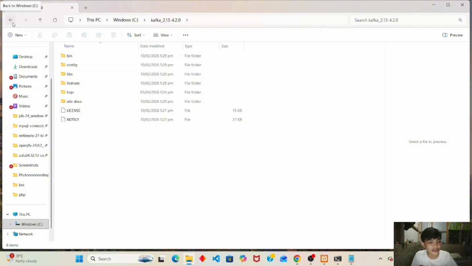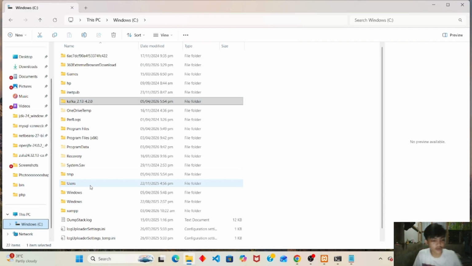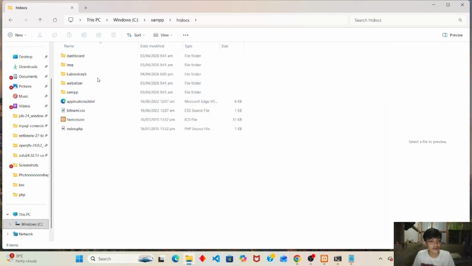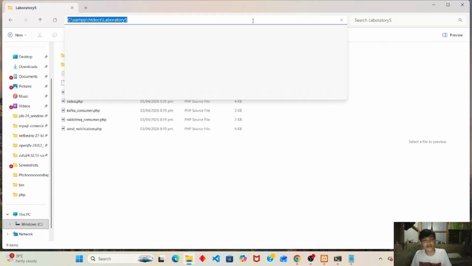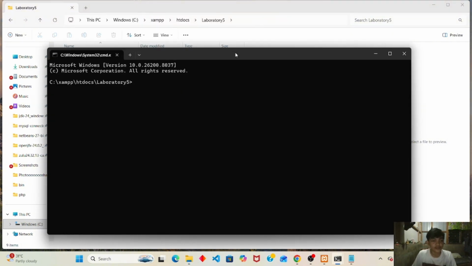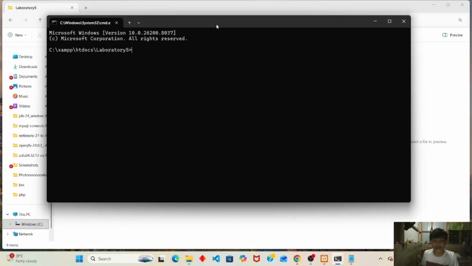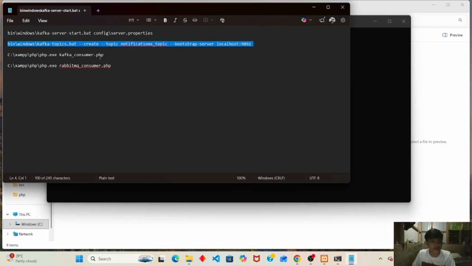Let's proceed here in XAMPP. We're going to open XAMPP, and go to the file in our code. We're going to run the CMD. Later on, I'm going to explain the code and how this works. Here we have the CMD in our laboratory, and I have already here the code that we're going to use.